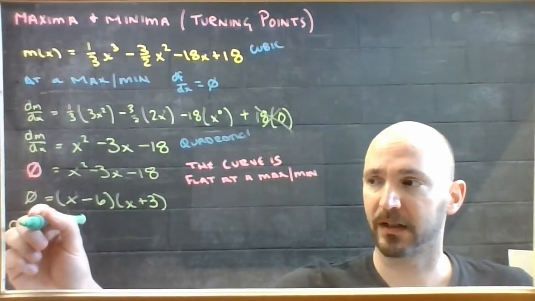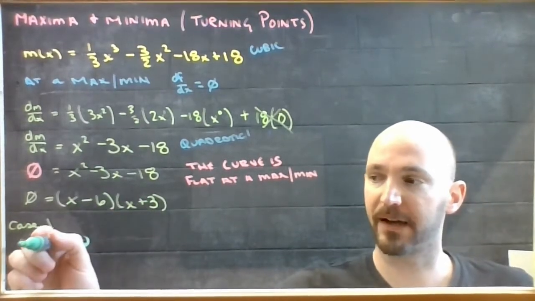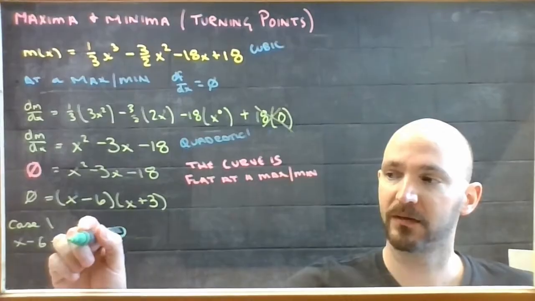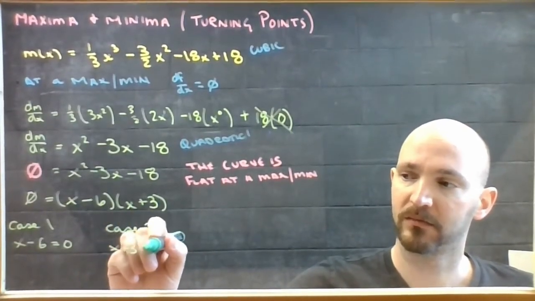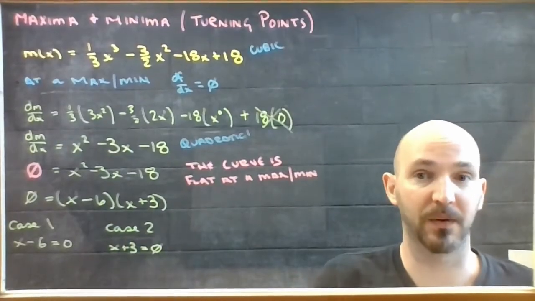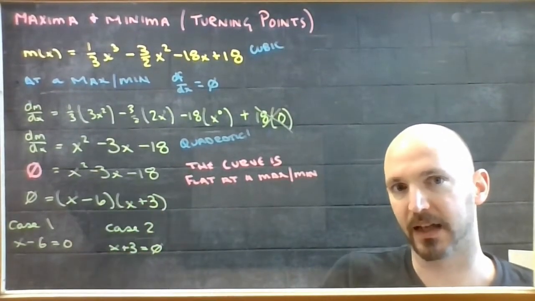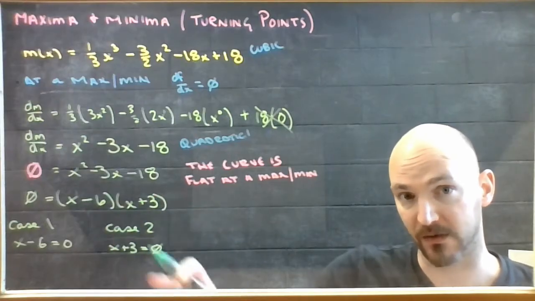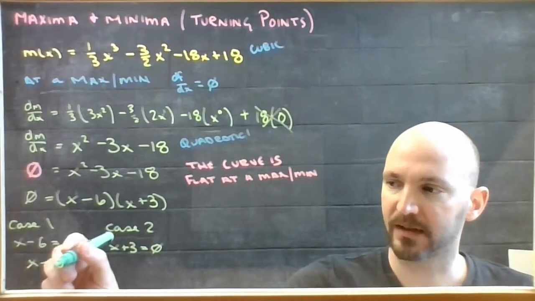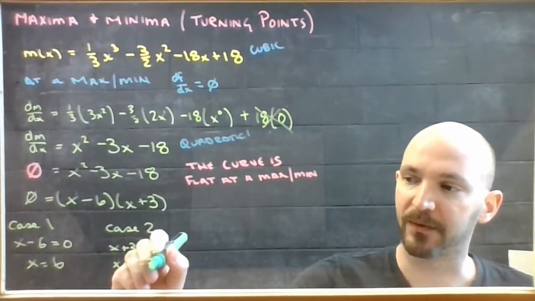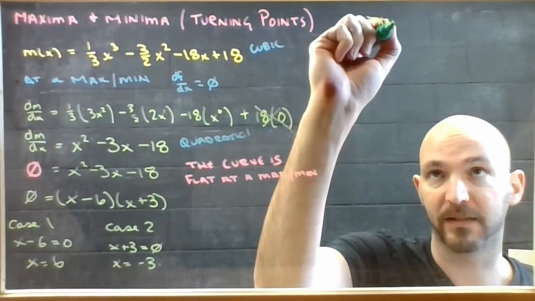So case 1 here. If this times this equals 0, either this equals 0 or this does, possibly both, depending on how the numbers work out, but that's the idea behind cases. We're going to be using this little structure quite a bit. So I end up with x equals 6 and then x equals negative 3. Therefore, there are max slash mins